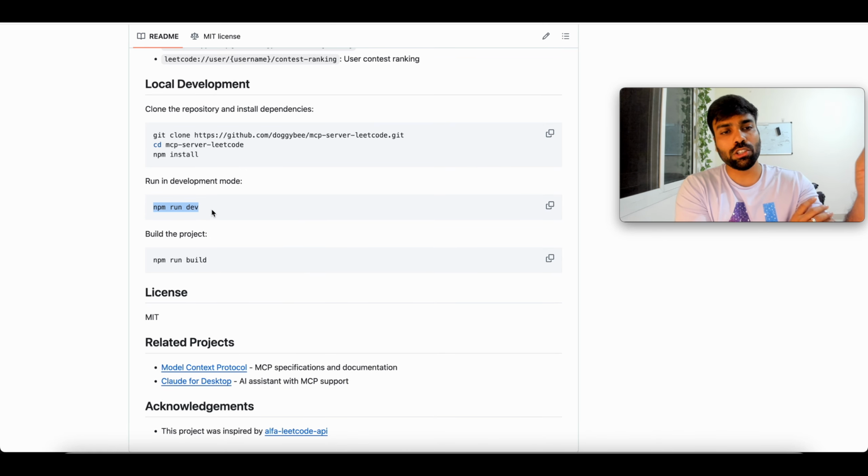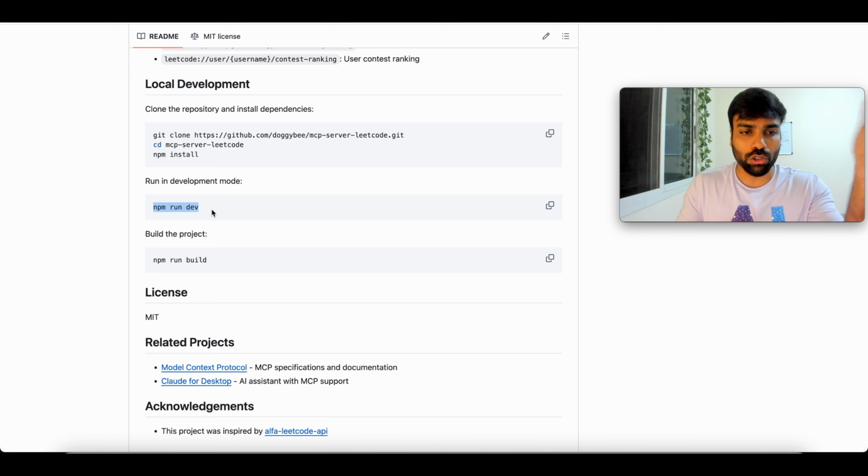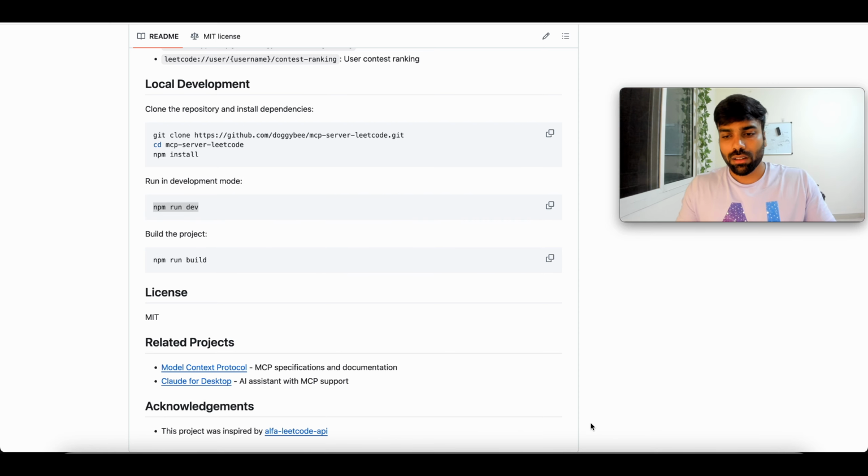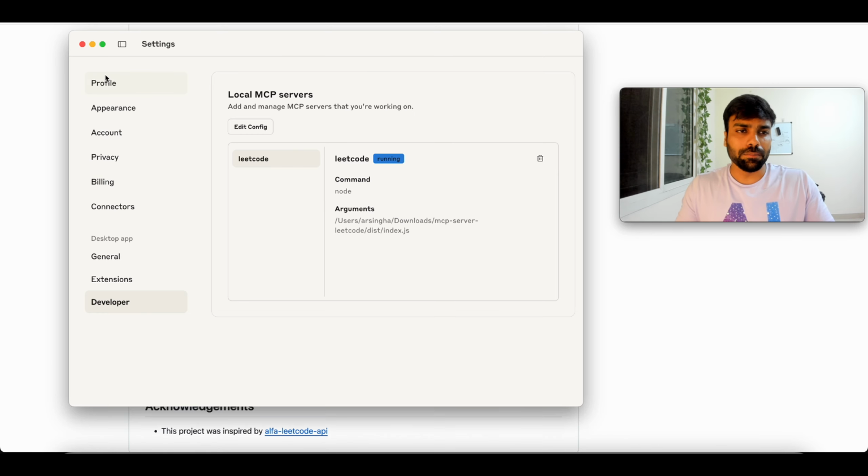You can just run this in the terminal in this project, and your MCP server will be live. Then you can spin up your Claude Desktop, and it will start working. So this is how I built a very basic MCP server and integrated it with Claude to ease my work. Let me know how you feel, and